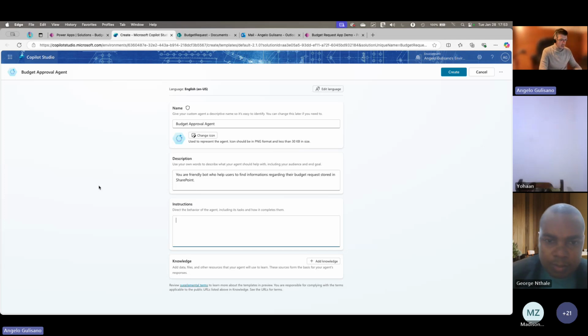In this case, for example, give information about budget request documents stored in SharePoint. Provide as information, if you find them, the title, request budget, approver name, for example.